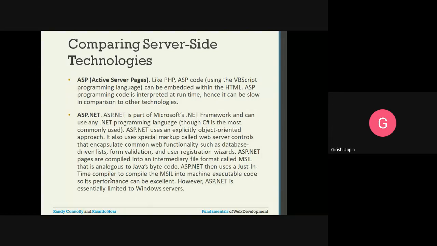Whatever is required is compiled. That is how it speeds up compiling the MSIL to machine executable code, so its performance can be excellent. However, ASP.NET is essentially limited to Windows servers only. It will require a Windows server.